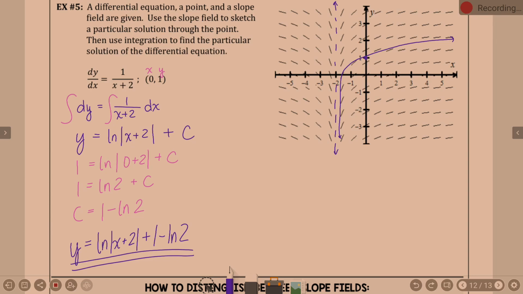Most of the time that's all it is, putting x's on one side, y's on the other side, and then using that point to find C. Lesson 7.3 is where we really talk about separation of variables and how to solve these, but they go ahead and throw it in 7.2. So, see what you can do with that. I would say it's only 3 pages, but slope fields are not a quick thing for me to do. I don't know about you guys, but